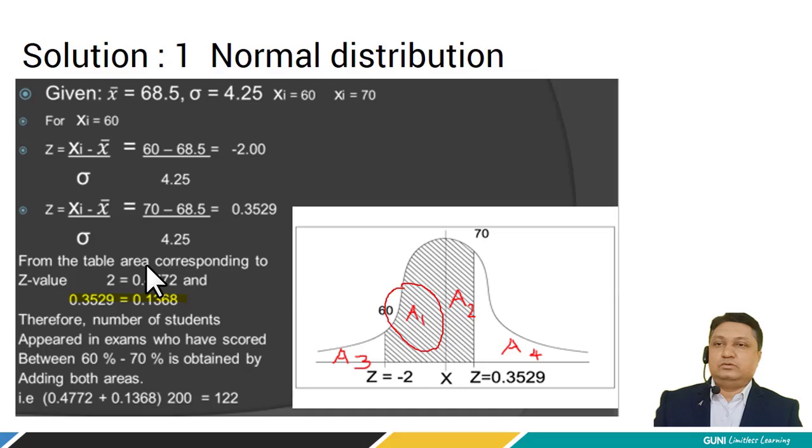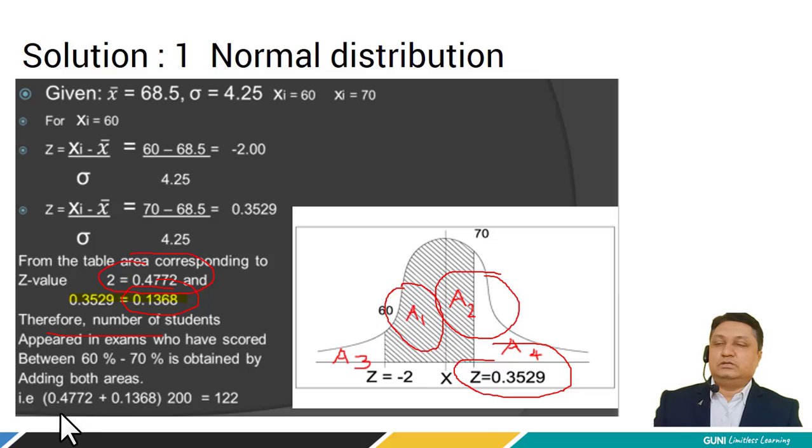So first area for z value equal to 2 is 0.4772 and second area is 0.1368 for z value 0.3529. Therefore, the number of students appeared in the exam who have scored between 60 to 70% is obtained by